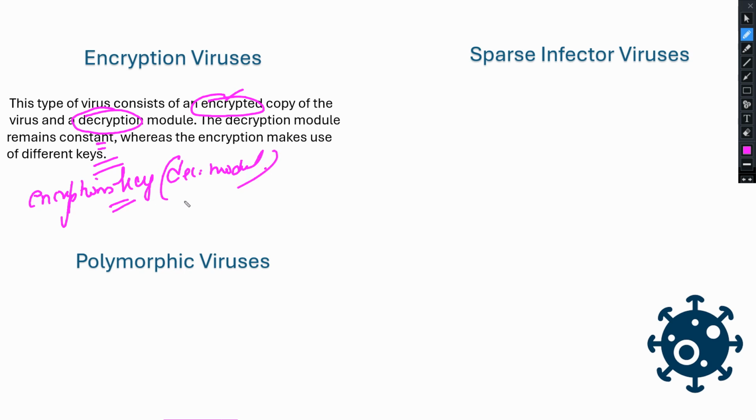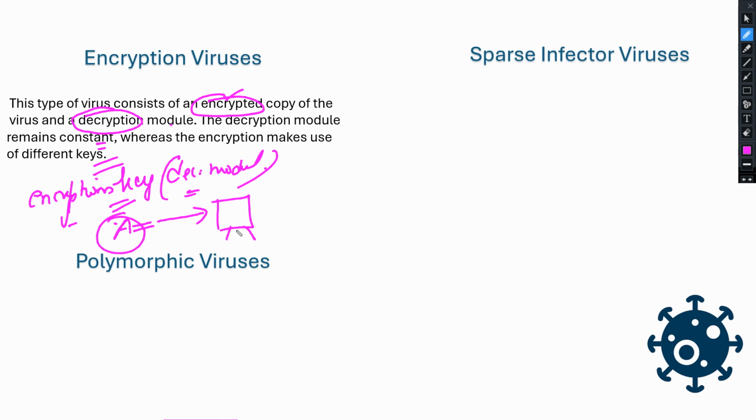I already mentioned this type of virus consists of an encrypted copy of the virus and a decryption module. So it consists of a decrypting module and an encrypted copy of the code which enciphers the virus. So what happens here when the attacker injects the virus into a target